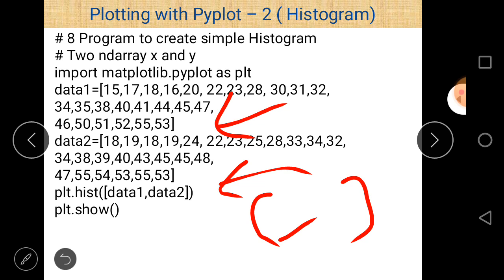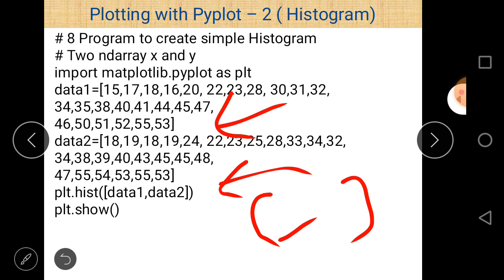So import matplotlib.pyplot as plt, the first line, and it is essential because matplotlib is a library, and pyplot is a collection of different methods, and we can say it is also an interface. That's why I use matplotlib.pyplot here, and plt is the alternative name given to matplotlib.pyplot. After that, data 1 and data 2 are the two data sets, marks in a list. Data 1 is a list and data 2 is also a list.